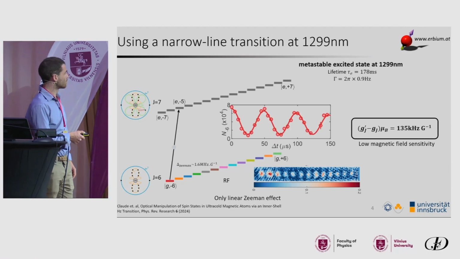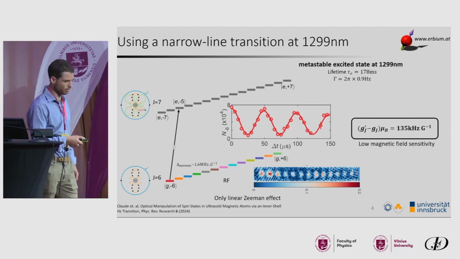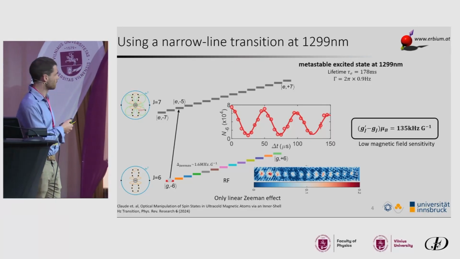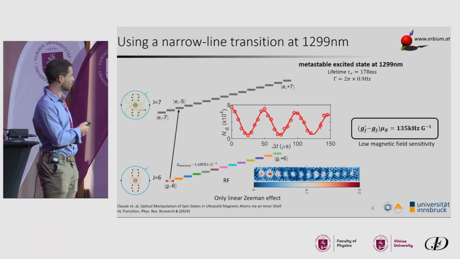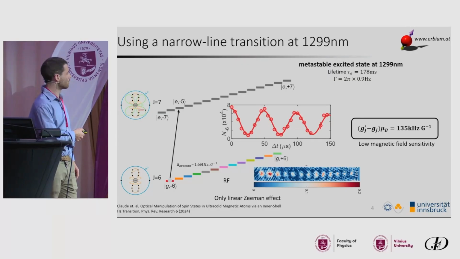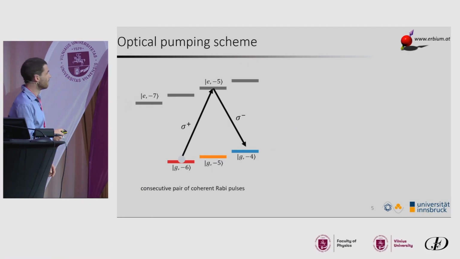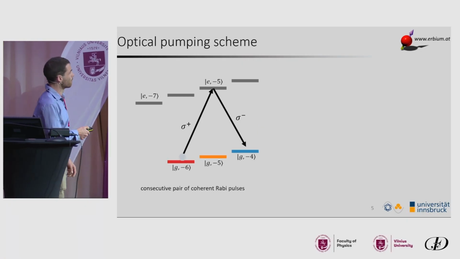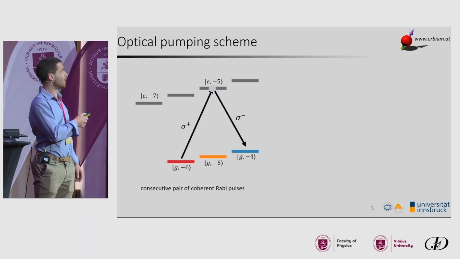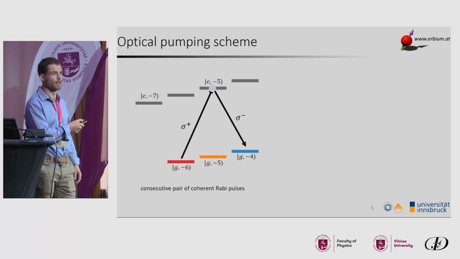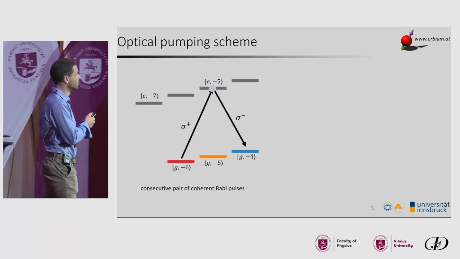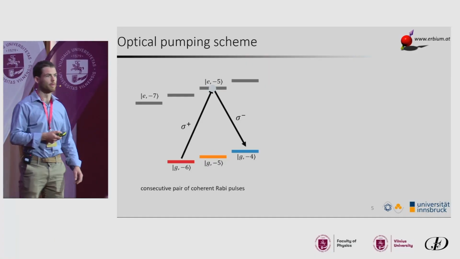How do we do this? So the first step is to bring all the atoms to the excited state. Once we got this laser, we could show that we can get coherent Rabi oscillations, and we are actually able to pump all the atoms to the excited state. So we do a first pulse, we pump all the atoms to the excited state, and as the linewidth is very small, we have a pretty long lifetime in the excited state. So we can store the atoms for 100 milliseconds.